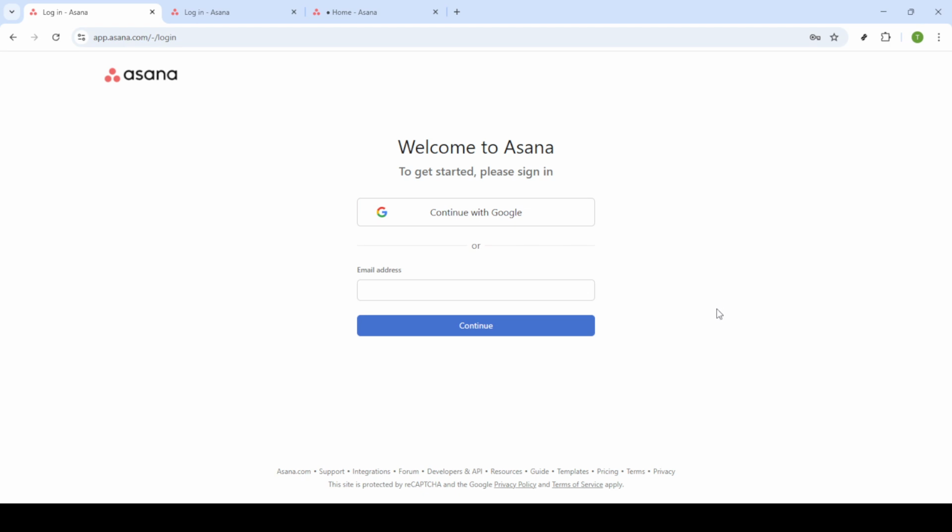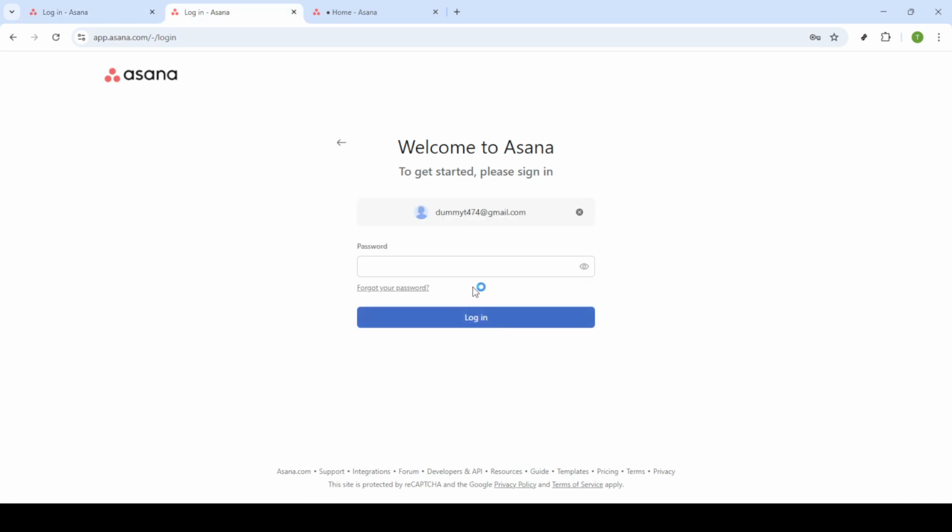First, let's head over to the Asana website and log into your account. Begin by entering your email address at the login page. Once you've done that, simply click on Continue. Next, you'll need to enter your password. As always, ensure that your password is strong by including a mix of upper and lower case letters, numbers, and symbols. Once you're logged in, you'll be directed to your Asana homepage, which is the central hub for all your